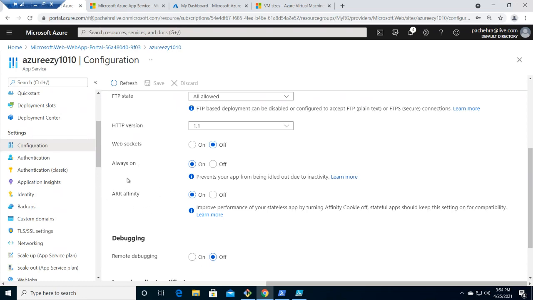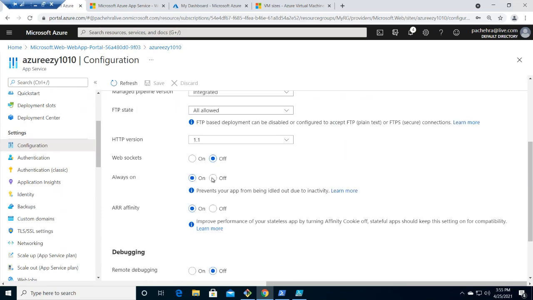ARR affinity is very interesting, because if you were with us when we were covering the administrator exam AZ-104, we discussed all the load balancers. If you remember session affinity, it is just like that. In a multi-instance deployment, it ensures that the client is routed to the same instance for the life of the session. You can set this option to off for stateless applications. This is for debugging purposes.